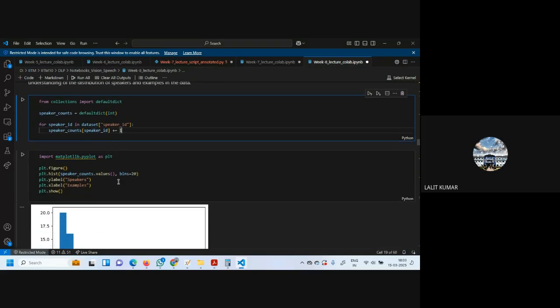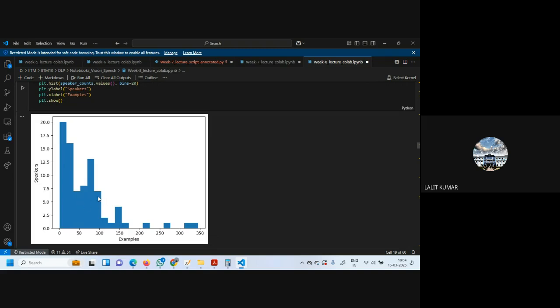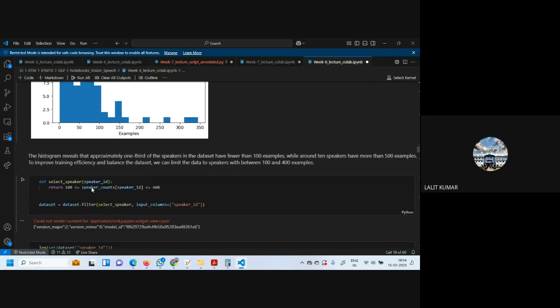We can use matplotlib pyplot to see the different speakers. Now we are selecting speakers as per their value counts, that if their count is more than 100 and less than 400, we select only those speakers. Then we are using filter.